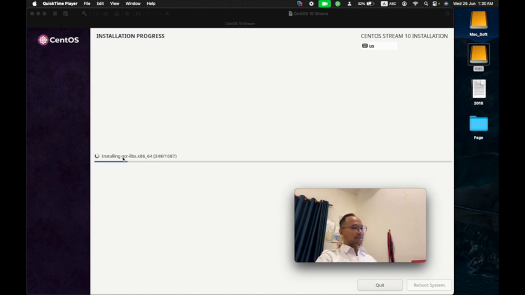Another thing, we need to create a normal user, to add on to the root user. So here we just put the full name, and then it will create the login username for us automatically.